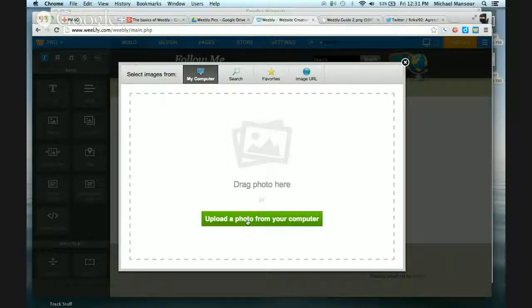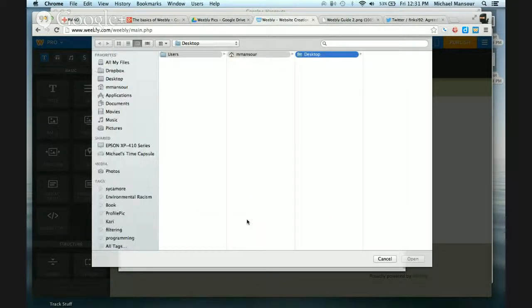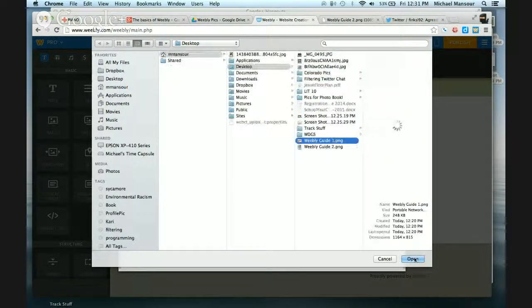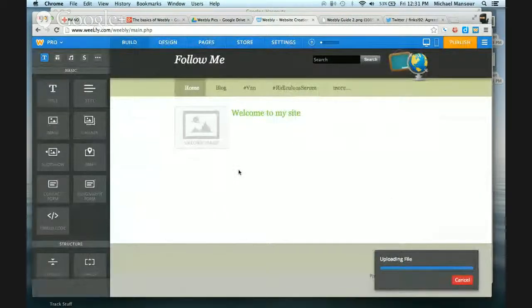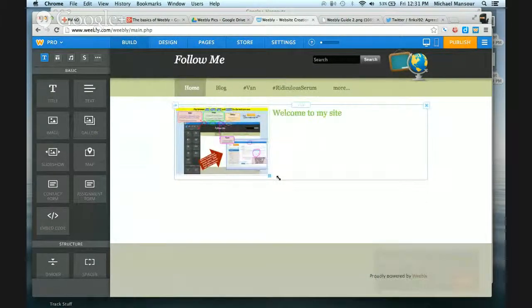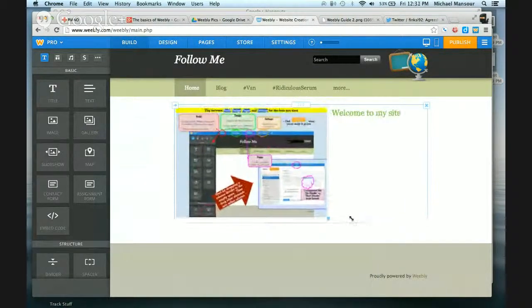Let that come up, take a second here. And you can put any picture that you want, and you'll be able to resize it once you get there. I actually have a picture ready here that is sort of a guide to using Weebly. And so I'm going to take that, and I'm going to put Open. And now it drops it in there. And now I can resize this picture to my liking. So maybe I want to make this a little bit bigger here. And there it goes. And so now it's a nice size that works for me, and I'm good